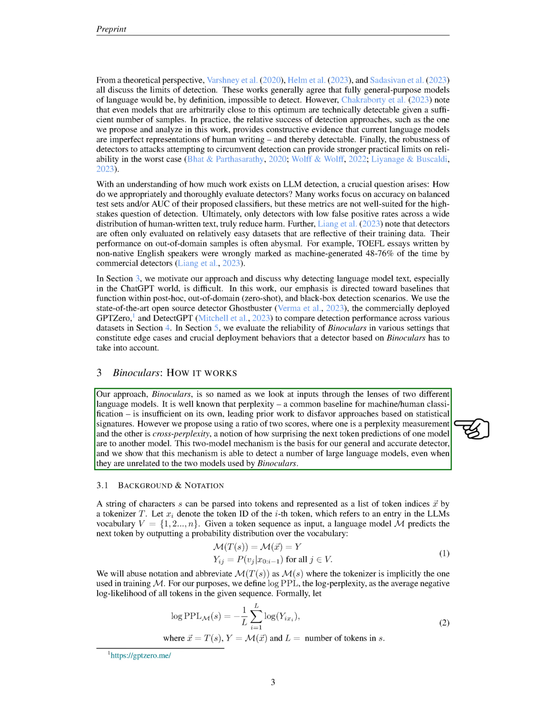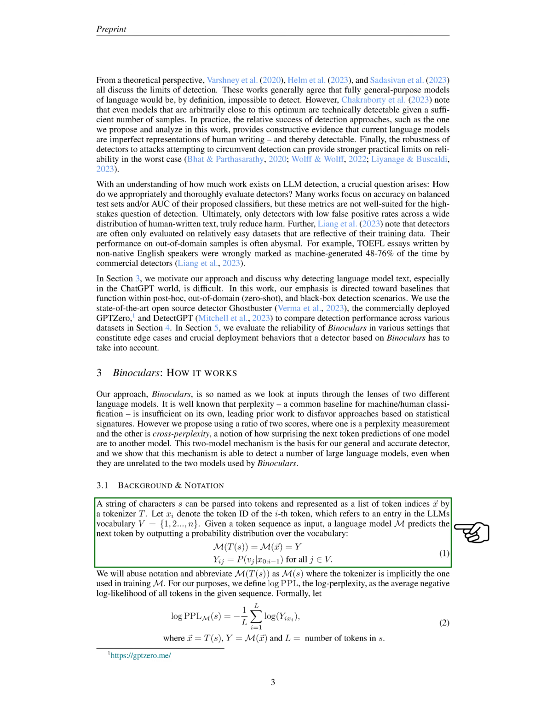To understand the basics, let's consider a string of characters. This string can be broken down into tokens and represented as a list of token indices by a tokenizer. Each token has an ID, which corresponds to an entry in the language model's vocabulary. Given a sequence of tokens as input, a language model predicts the next token by outputting a probability distribution over